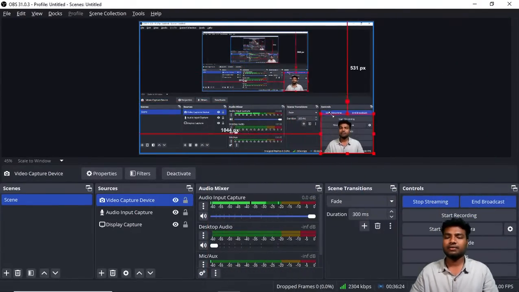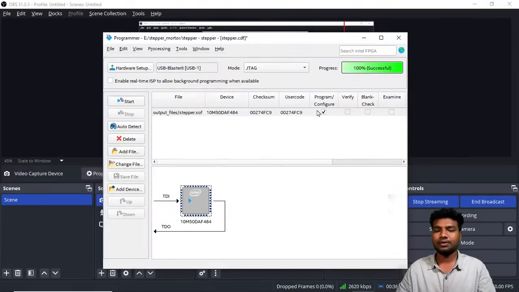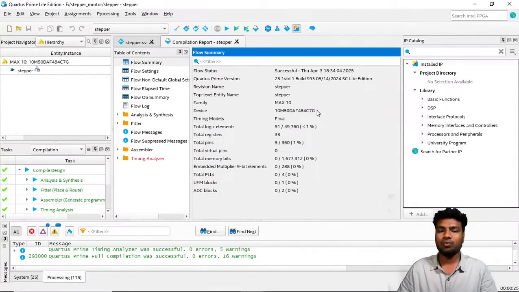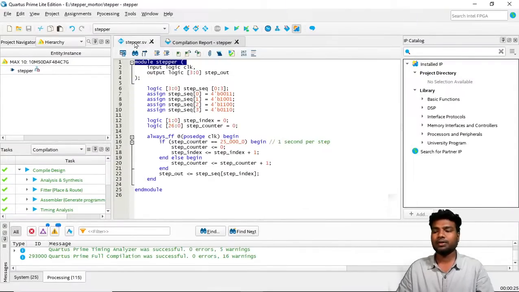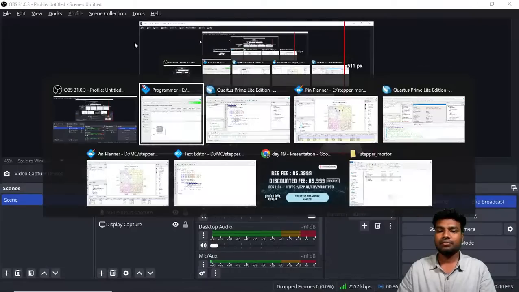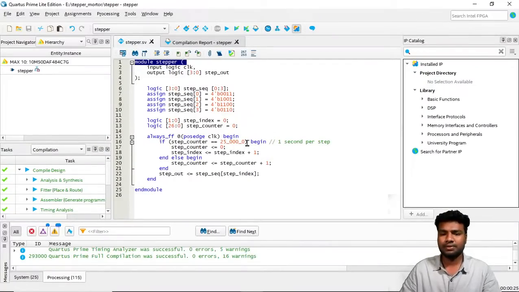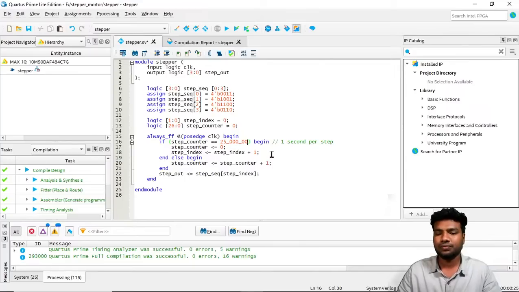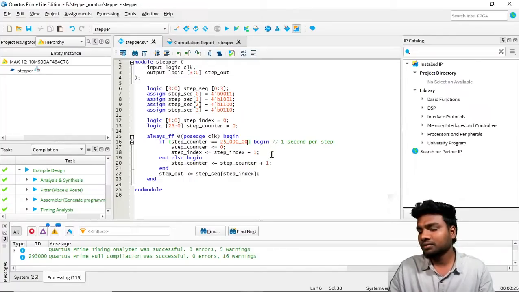And then I will reduce my speed. How? If I want to reduce my speed, I just increase my counter value. If I increase my counter value, it will change from step to step very slowly. So by using this,